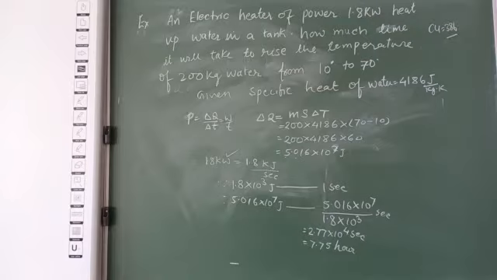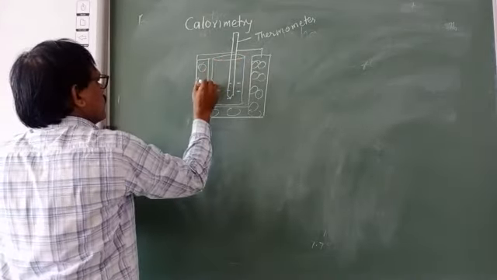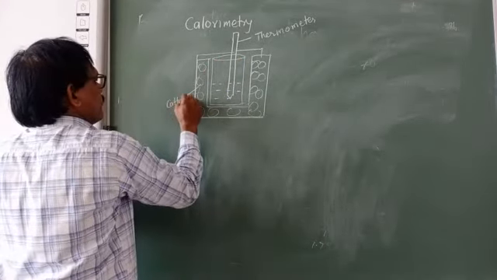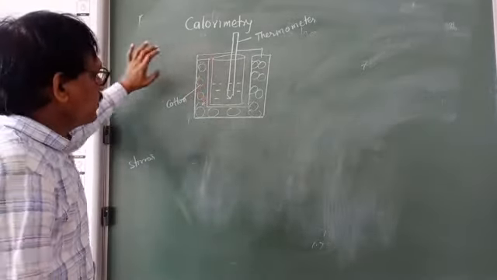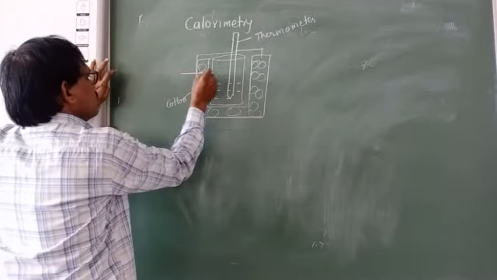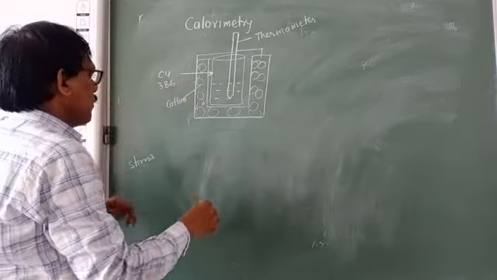So now we will see what the principle of calorimeter is. A calorimeter is shown here, and it basically consists of a wooden box, and in that wooden box we have cotton, which will act as an insulator, and this is the copper container, and its specific heat, as we mentioned, is 386. So it is called a copper calorimeter,